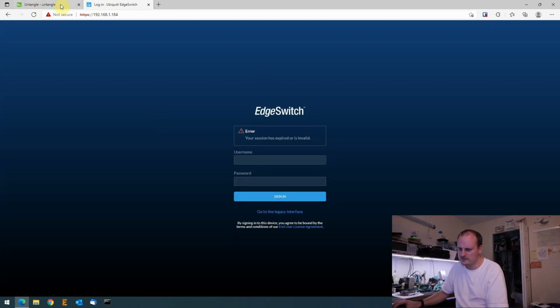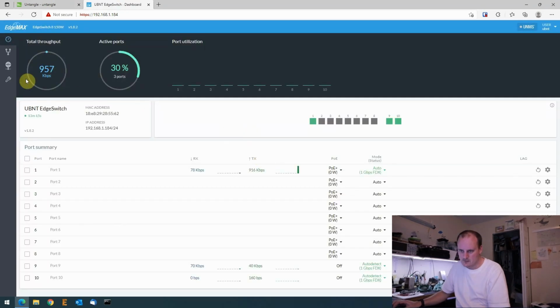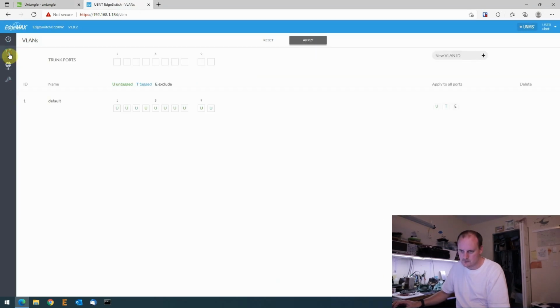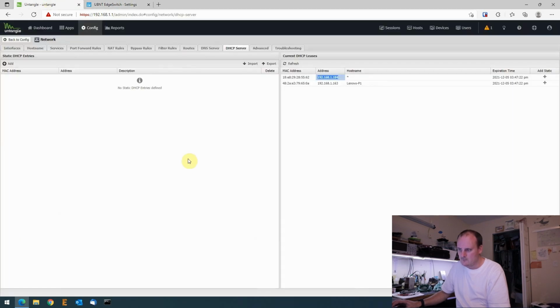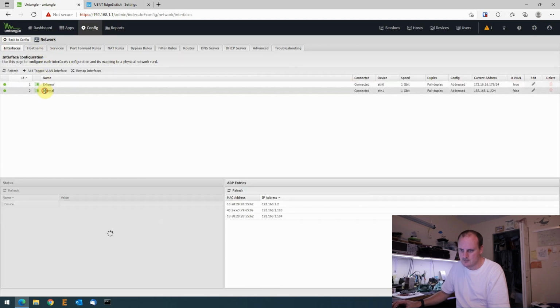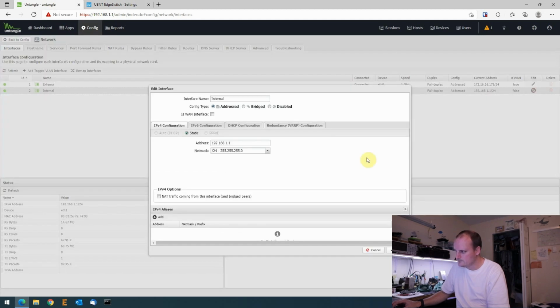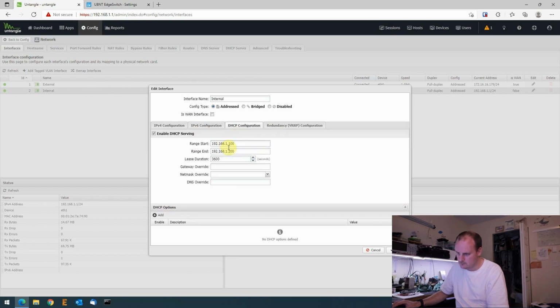edge switch. So it's set to DHCP. Let's make sure UBNT, settings. Oops, this one? Nope, it's this one. It's set to DHCP. So first thing we should do then is go to our interfaces, internal. We'll change this to, and then IPv6 is off. DHCPs, we're going to go